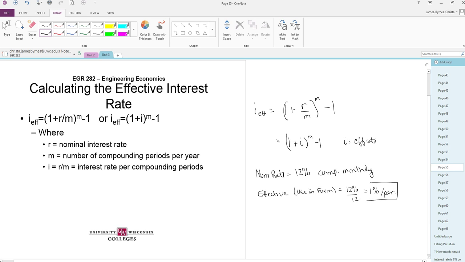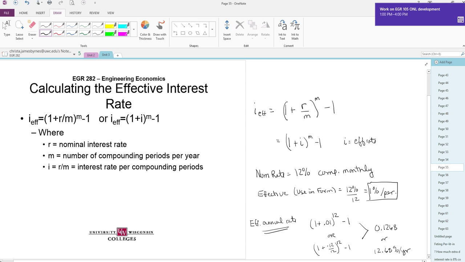This is what I'm going to use in my formula. The effective annual rate is going to be 1 plus 0.01 raised to the 12 minus 1, or 1 plus 0.12 divided by 12 raised to 12 minus 1. Either way, it's 0.1268, or